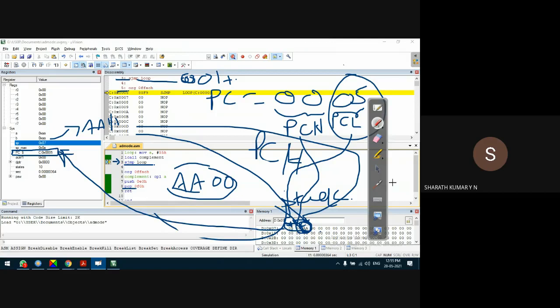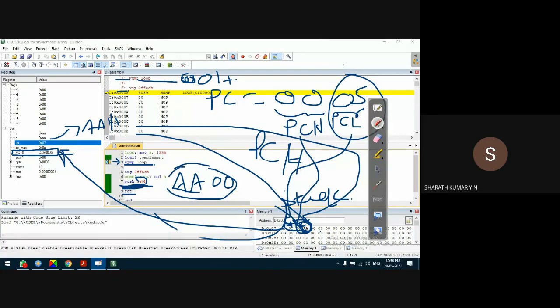Earlier, what had happened is I had used only one push instruction, so this data was stored on the stack memory, and the POP instruction was not used. When a RET instruction is executed, it fetches the return address from the top of stack memory.